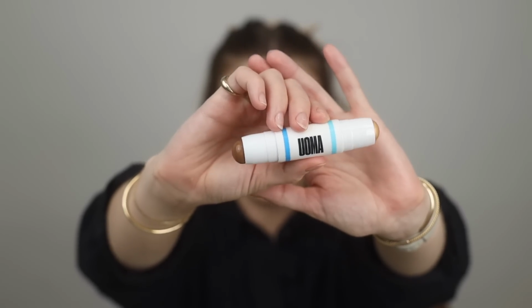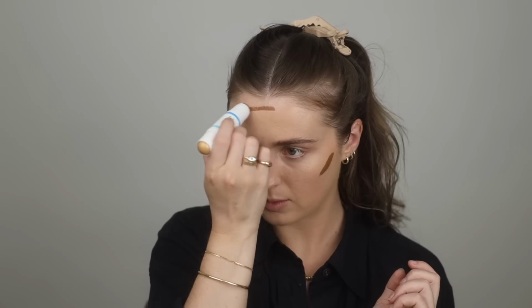So pretty. So I'm going to use the sculpt side to contour. Ooh, it's so creamy. Wow. I'll put a little bit there, a little bit here. I feel like it's warm enough that I could use it just as the bronze as well. I'm gonna blend that in. Oh my gosh, that is so...